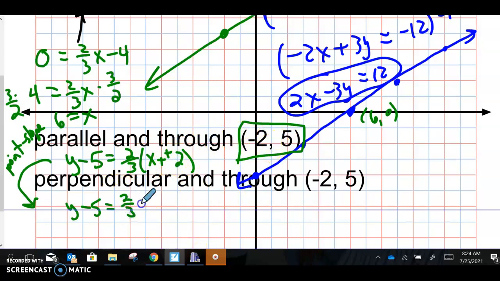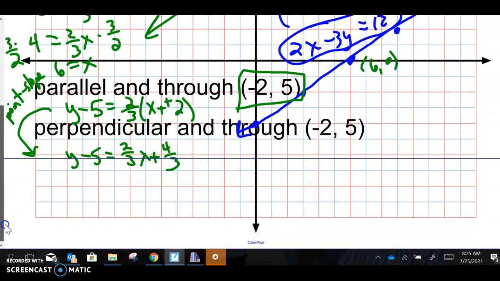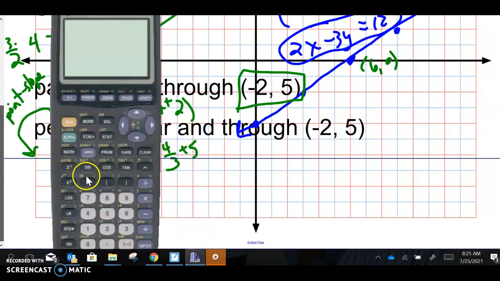Distribute my 2/3 through. 2/3 times x is 2/3 x. 2/3 times 2 is 4/3. Add 5 to the other side. Let's see, 4/3 plus 5. I'm going to get my handy dandy calculator out for that. Let's turn it on. I'll clear off what we were doing in the last video. 4/3 plus 5